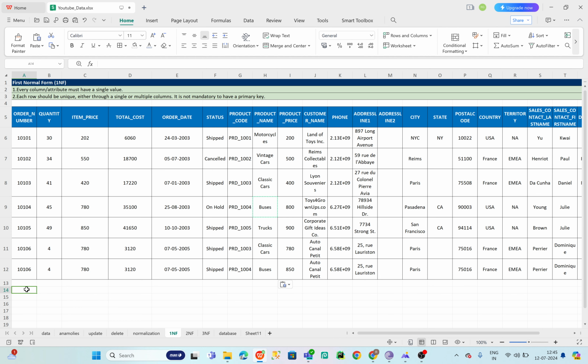Okay, so let's find out the combination. We don't have any primary key and we don't have any single column also to make each and every row unique. Each and every row unique means this particular row should not repeat one more time. That means a unique record. Each and every record should repeat only once. So which combination is unique? So let me say, if you see this particular column,